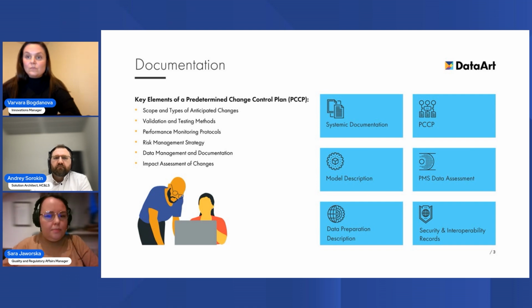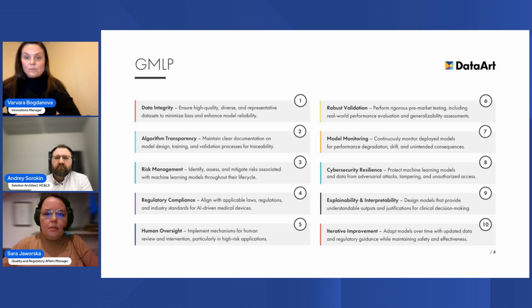When thinking about the system, of course, we still need to comply with the regular quality requirements, like the requirements of ISO 13485, the QMSR, risk management, etc. Additionally, we need to make sure there are proper security measures in place. And on top of that, good machine learning practices should be implemented and followed. They can be either implemented as part of the internal QMS or required from the vendor, depending on the business setup. And slowly we're heading to the GMLP.